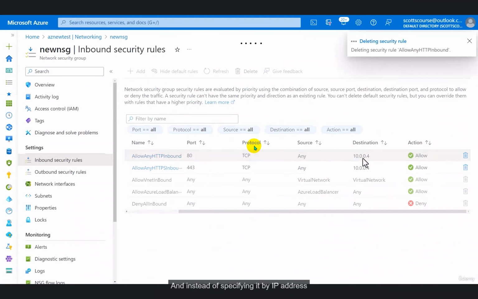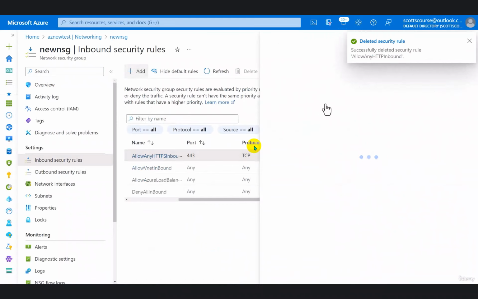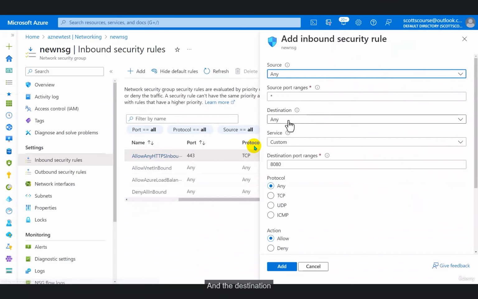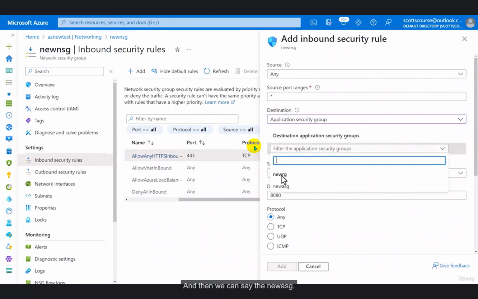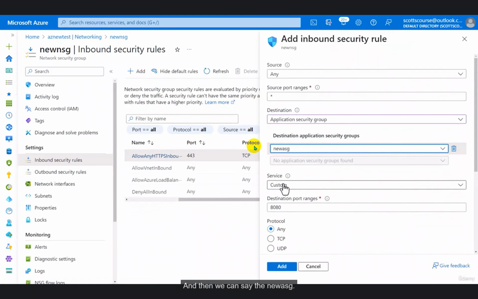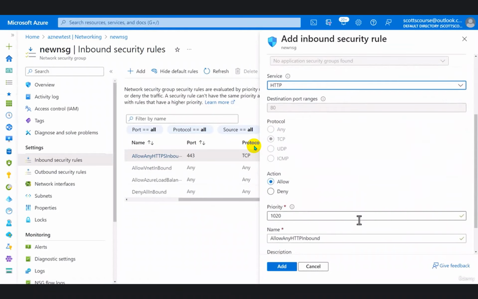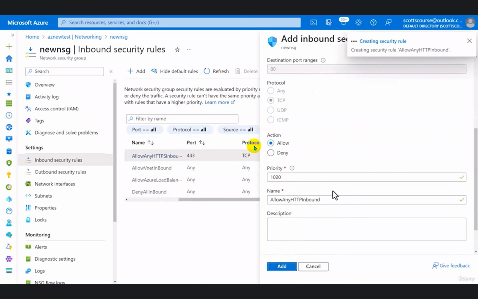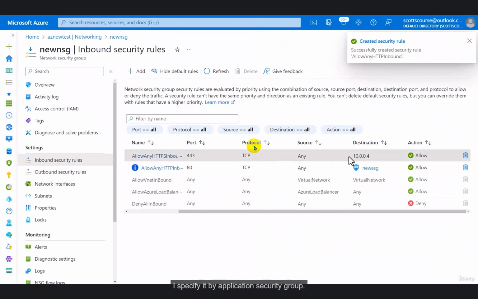And instead of specifying it by IP address, I'm going to say add, and the destination is going to be the application security group, and then we can say the new ASG. And so this is the port 80 rule. Let's add. So now instead of specifying it by IP, I specify it by application security group, and then that